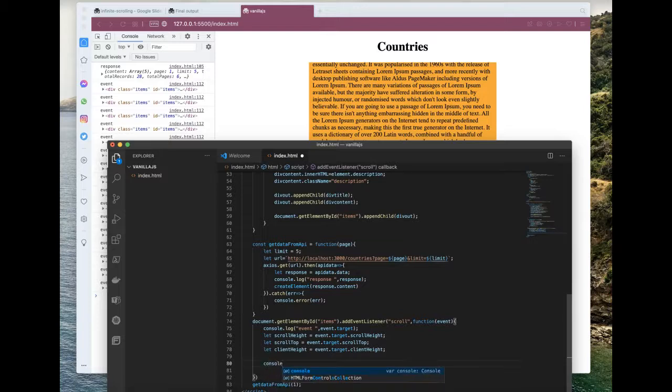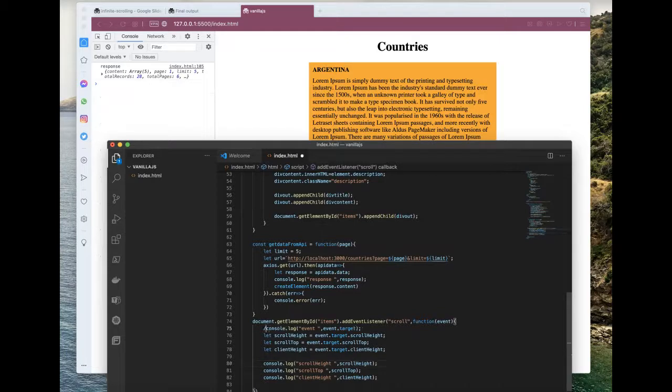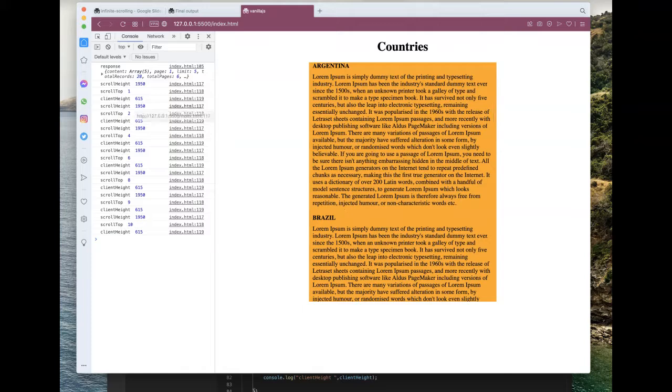Let's print the values to see the output. On scroll, we can see the scroll height as 1950.